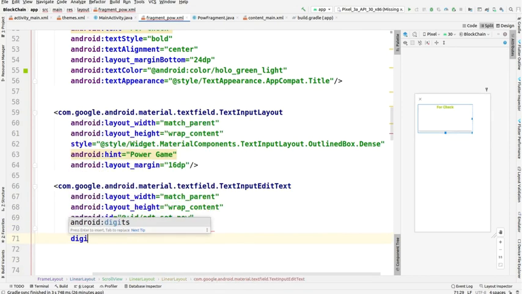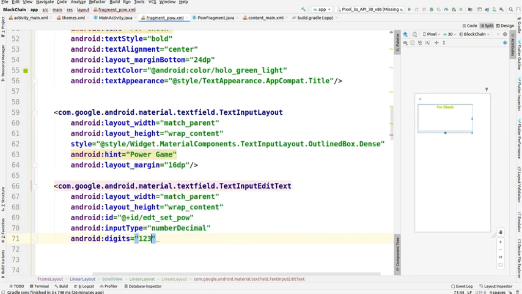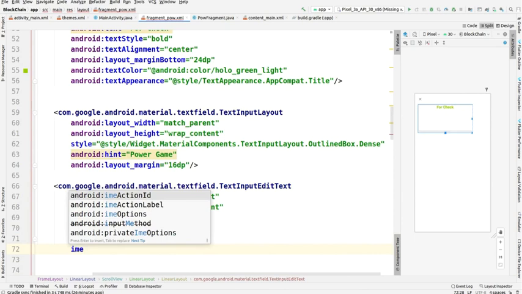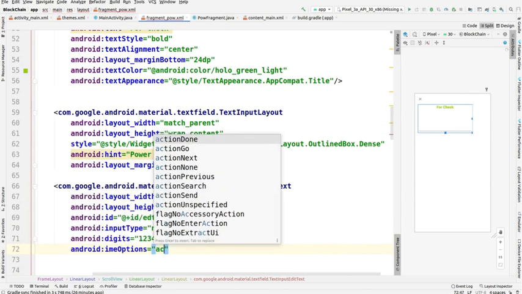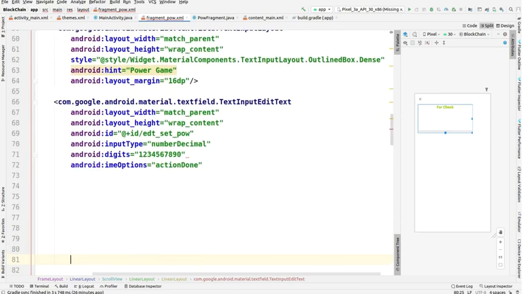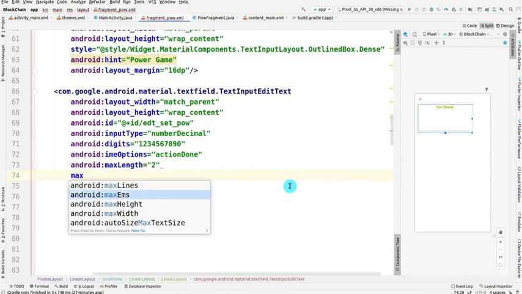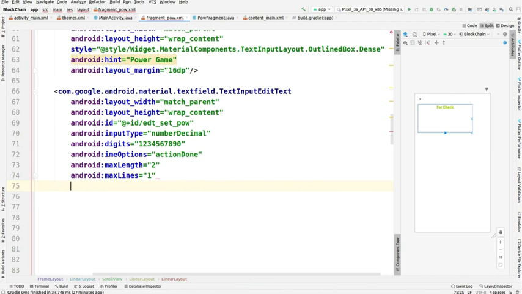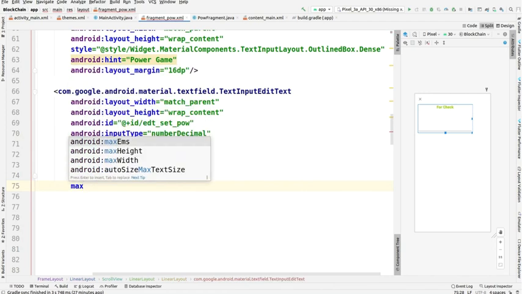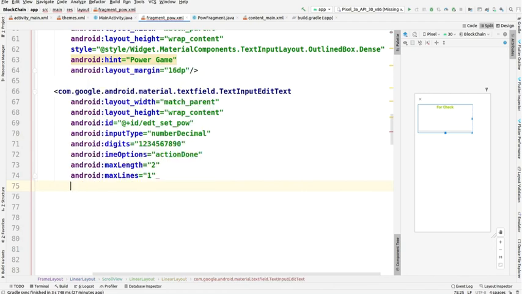And for now you have to add input type as number decimal only. Now the valid digits for this are given there. After that the IME option is to be set for the action as okay or done. After that the max lines and max length properties are also being added here,